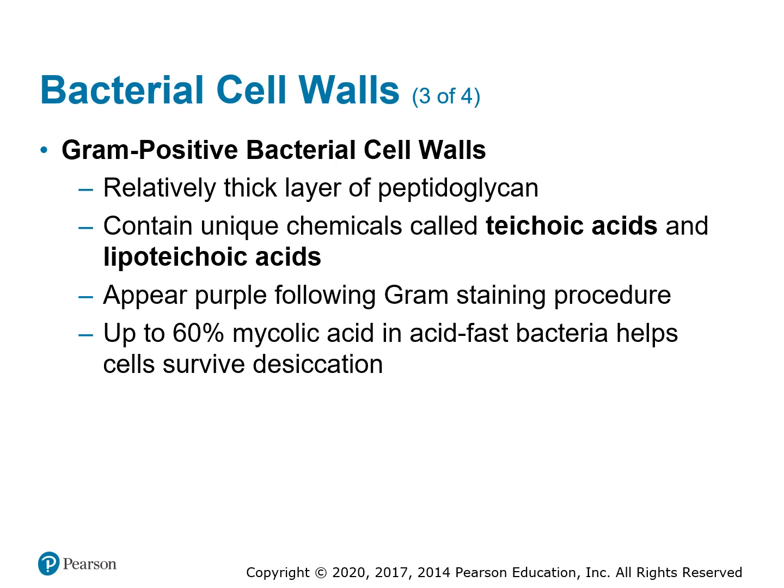And some of these, even like mycolic acids, make some types of bacteria very, very resistant to desiccation, or drying out. And I know maybe it's not as important here in the context of this chapter, but when we talk about identifying different strains of Mycobacterium tuberculosis, it is going to be important to understand how that composition is important. And we will also talk about acid-fast bacteria during the chapter for staining, but just know